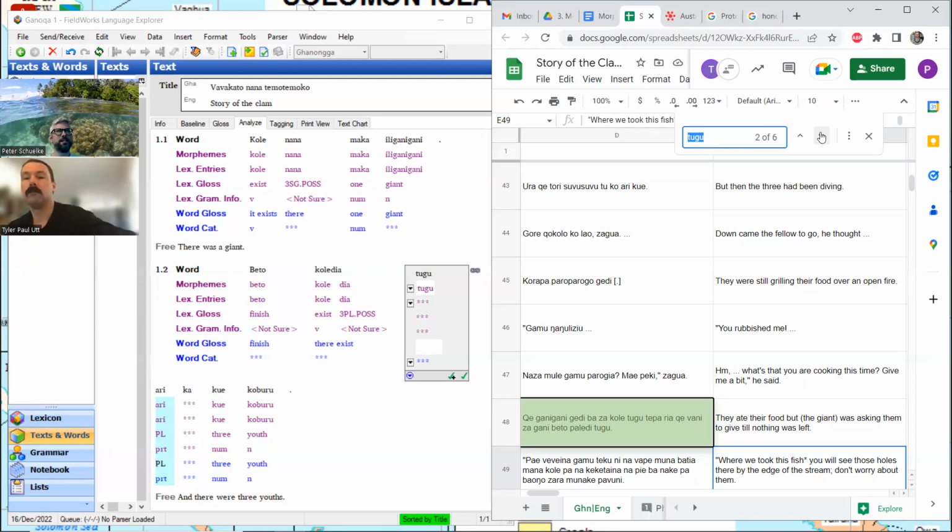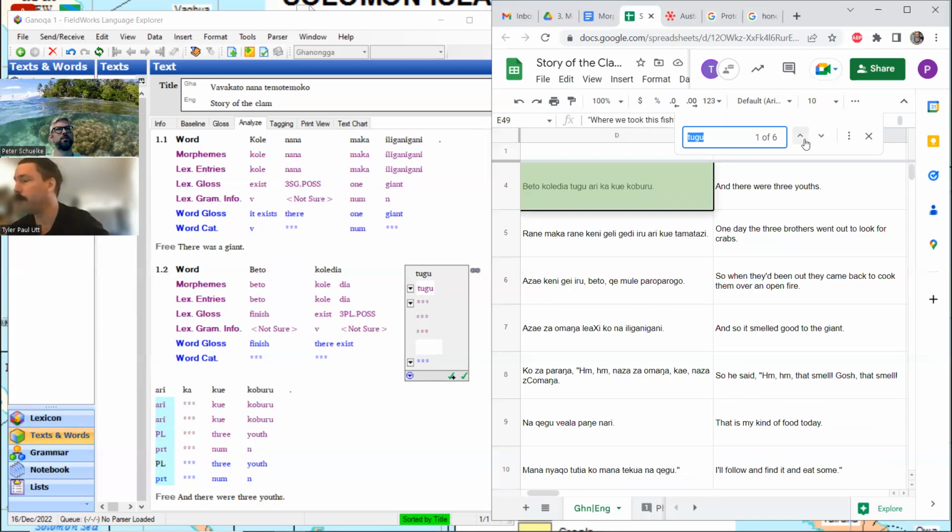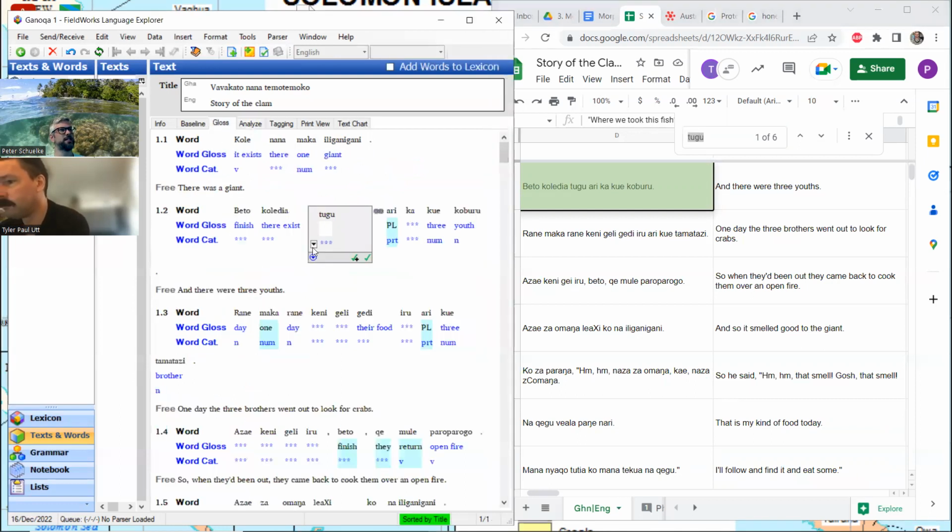What if we reconsider it as having to do with some sort of perfect meaning? Well, that would be the two part. But we've had two as past tense. We could have two, something like past combined with complete gives you perfect, something like that. Do we have ooze at the ends of things? I think that the tugu meaning perfect or past tense here, and there were three youth sentences. I think this is not a very good guess at what tugu means,